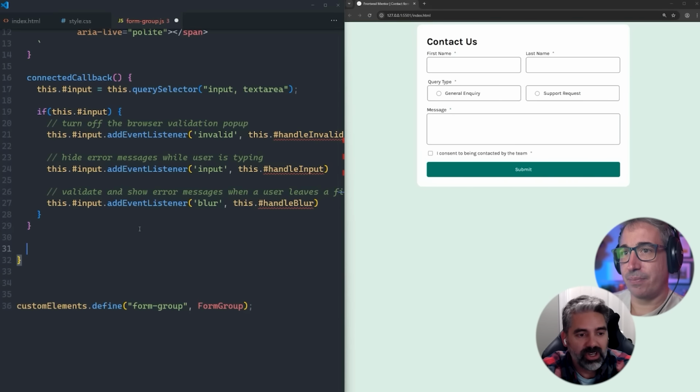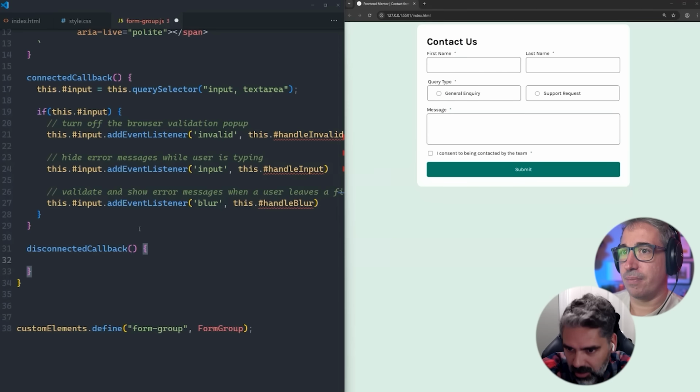And so we're going to use another lifecycle hook for this, which is the disconnectedCallback, which will get called whenever the form group web component gets unmounted from the DOM. This is one of the reasons why we set function references to handle our events, because we need to use them for cleanup. The only way you can remove a listener is by the reference to the function that you added. So we have to save it as a reference. So what we'll do here is